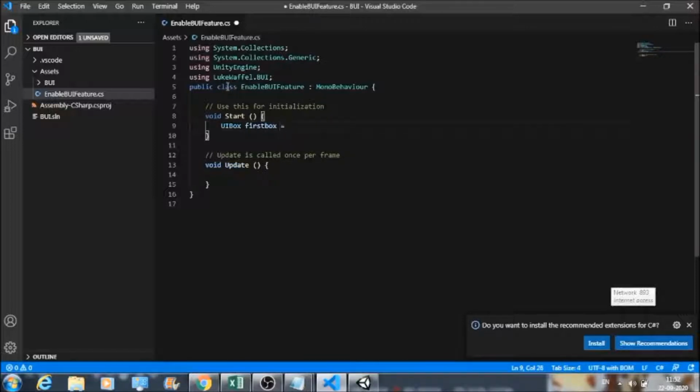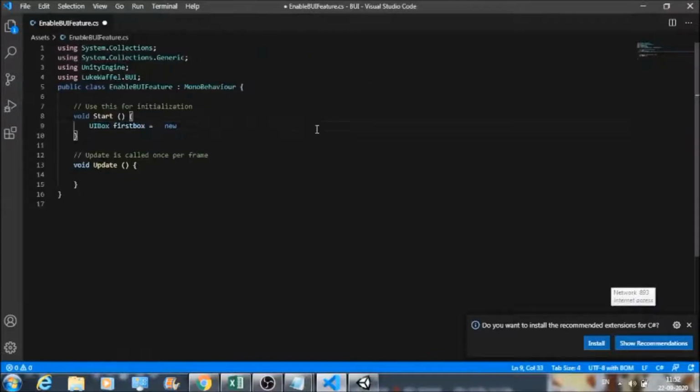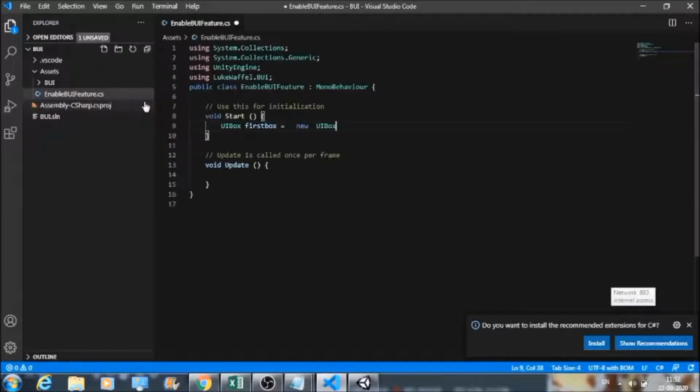We are going to name it firstBox. And as you know, for creating an object we use the keyword new. Whatever we have used here, UIBox, the same thing we need to use here too, right? After this we need to pass something as parameters. The first thing I'm going to pass is a text, something like this: first box ID.